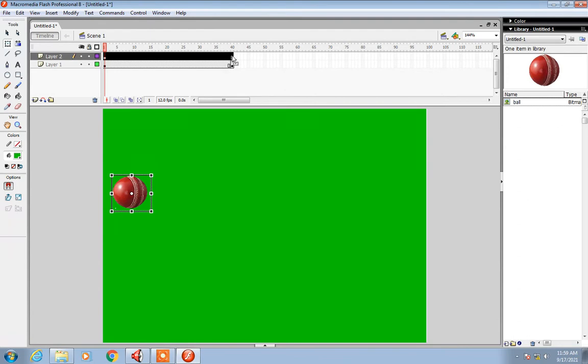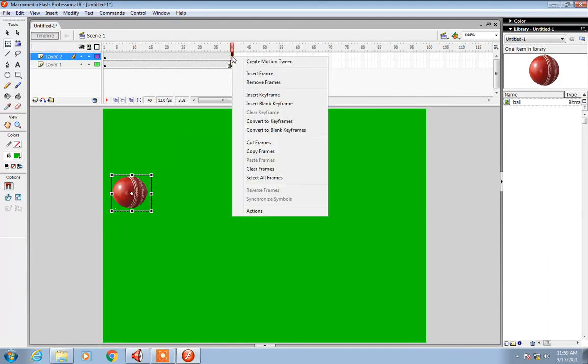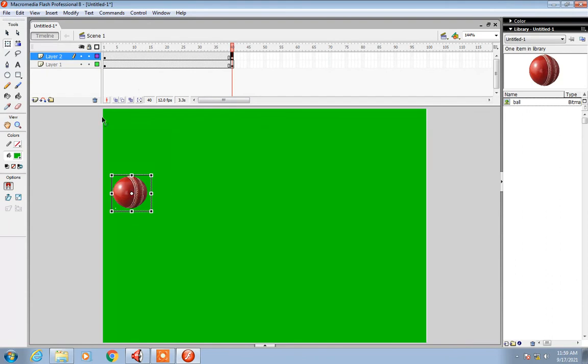Okay, so now our background is copied till the 40th frame. So even the ball I'll be copying till the 40th frame. Right click and say insert keyframe. So this ball is also copied for 40 frames, but in the same position. So what I'll do, first position it is over here, last position I'll click on this frame and then I'll move this ball from one corner to another corner.